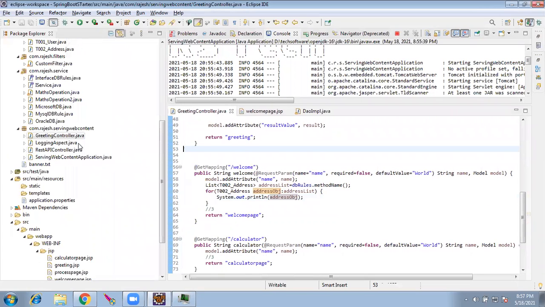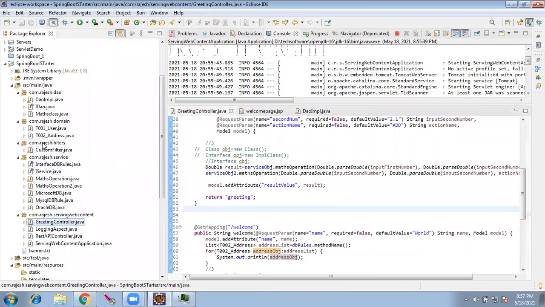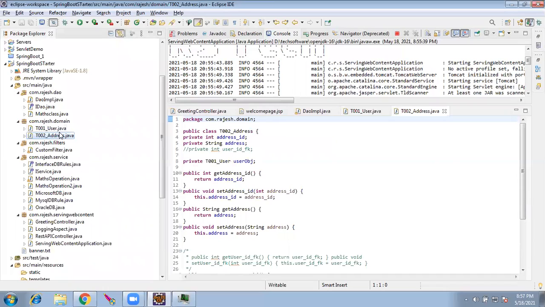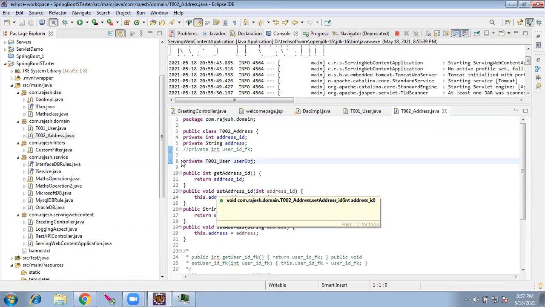the first thing is we created this last, but this is the starting point. We created 2 domains, user and address. This should be exactly equal to the table. The only difference is in the address, wherever we see a foreign key, we created the user object instead of the integer. Usually the foreign key is an integer, it should have been created as an integer, but we created it as a user.